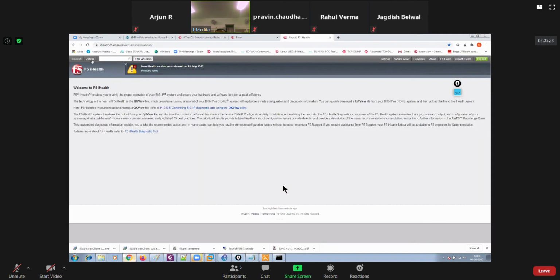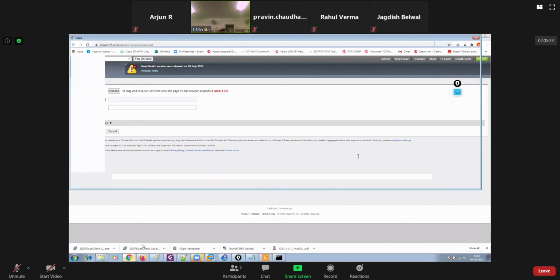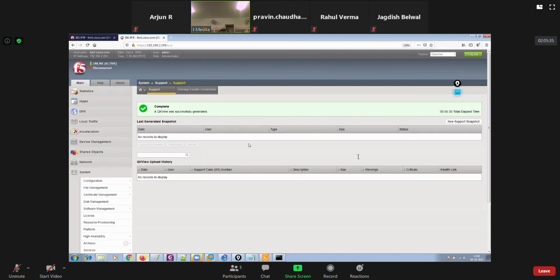Here you can upload the QKView file once it is available. Yeah, it's there.